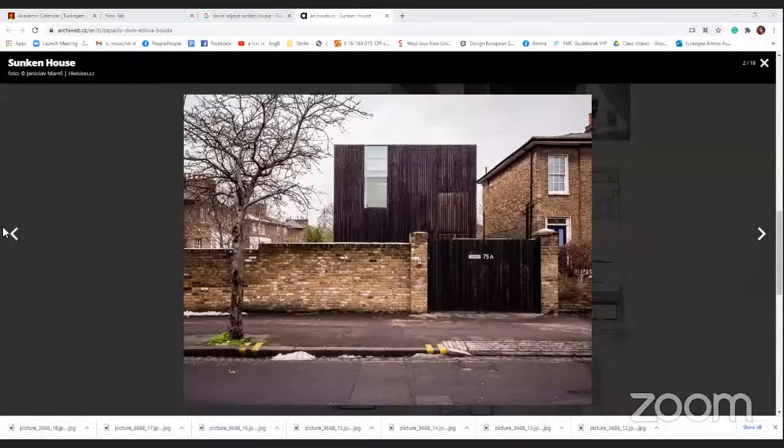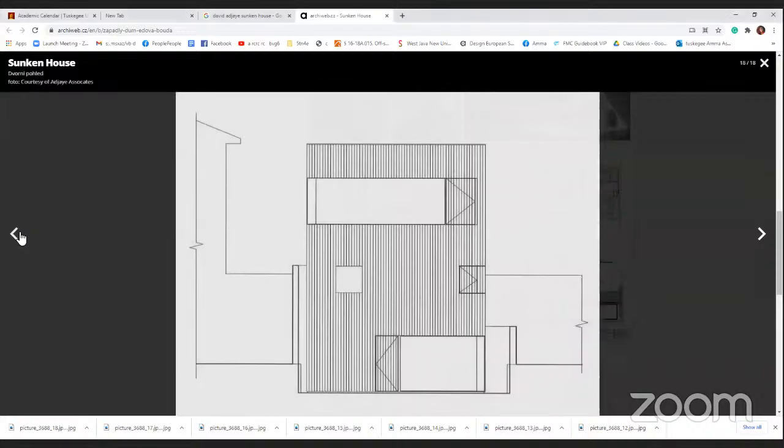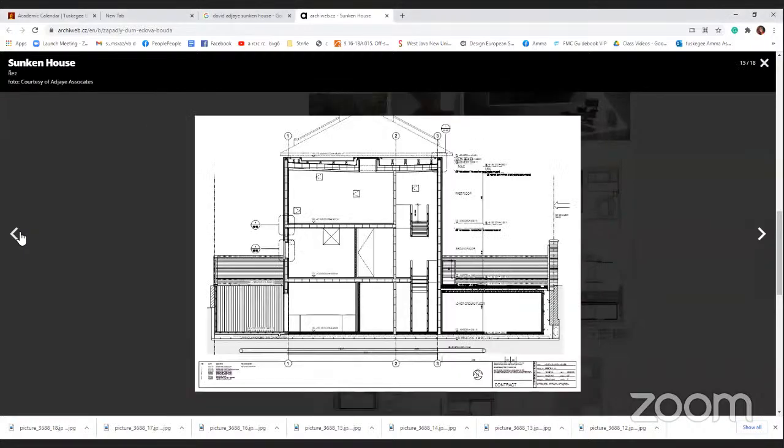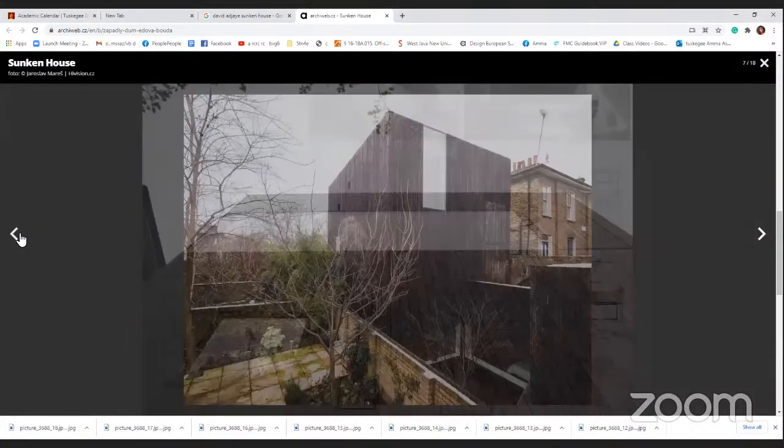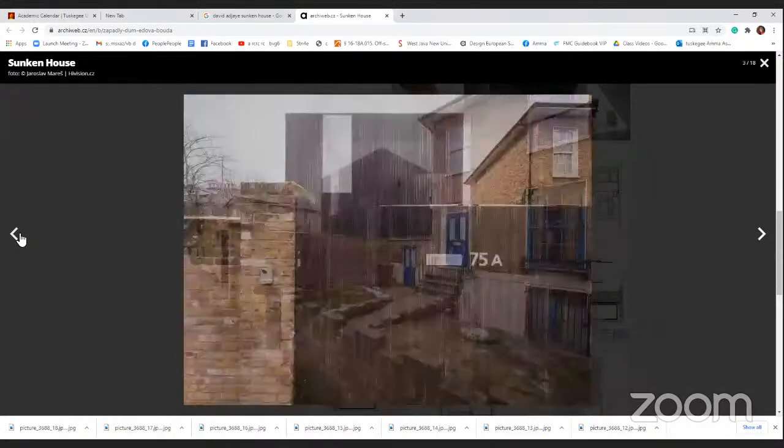I'm going to show you the house that I'm referring to. So this is David Adjaye. Everybody's familiar with David Adjaye, the famous African British world-renowned architect. This is the house that I'm going to be working on